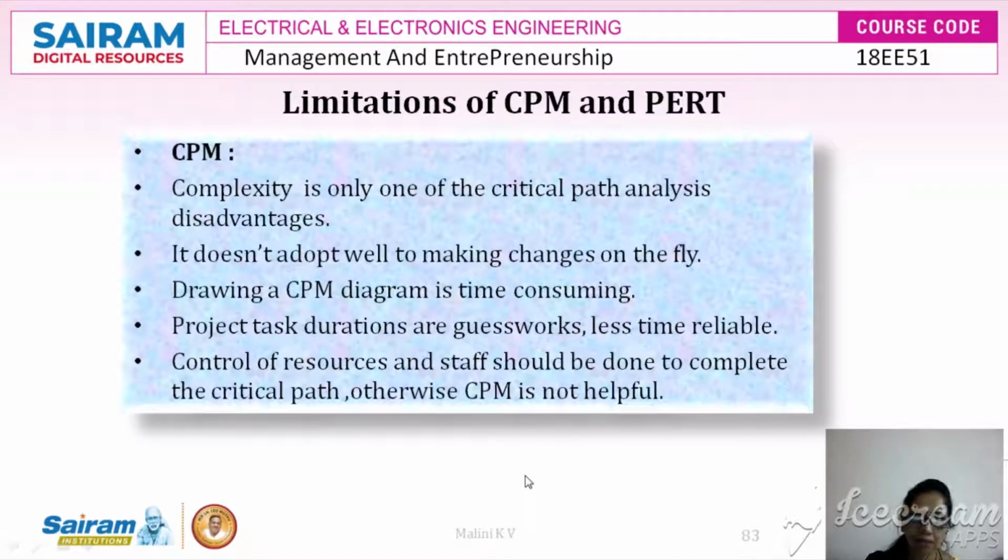Though we know that CPM and PERT are very advantageous in terms of implementing and understanding big projects, and almost all kinds of projects, there are certain limitations associated with them. The limitations of the critical path method are that it is very complex, because it is anticipating the time, and it doesn't adapt well to making changes on the fly. That is, if the project is on the move, it will not adapt to the time changes happening to each activity. And drawing a CPM diagram is very time consuming, because the activities